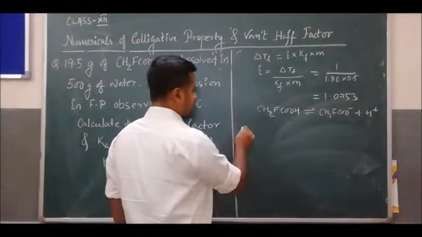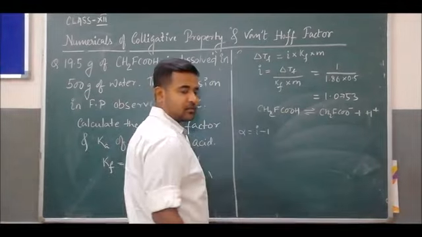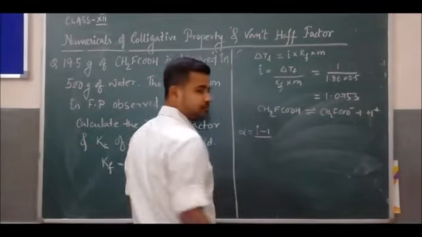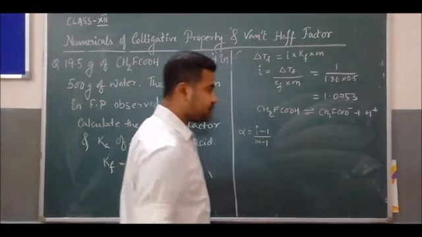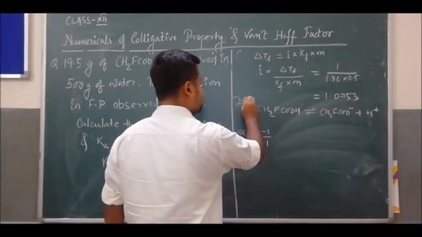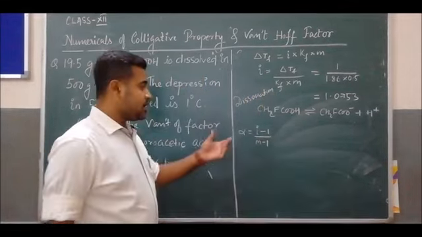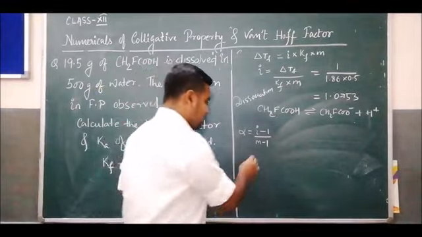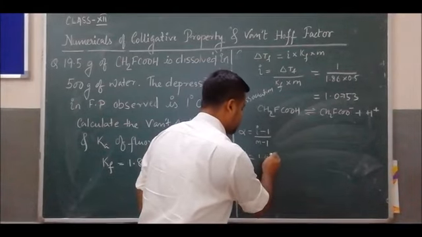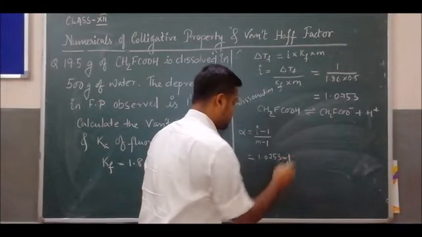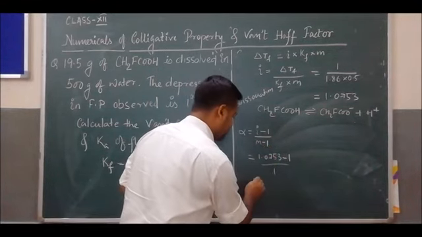That's why the alpha value will be equal to i minus 1 by m minus 1. Since dissociation is there, alpha equals i minus 1 by m minus 1. So if we put the value of i, 1.0753 minus 1, and m minus 1, 2 minus 1 is 1, the denominator is 1, so the alpha value will be equal to